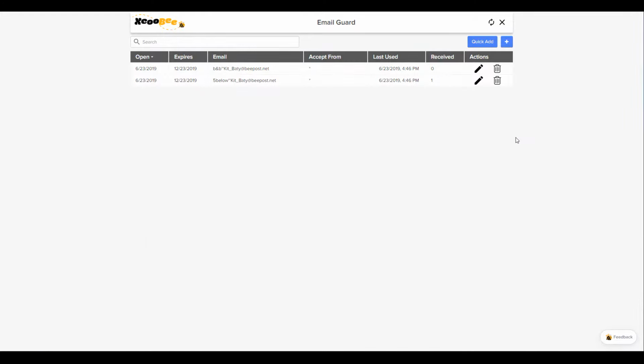Once there, if you're new to this feature, this page will be empty. I have already created a couple of these alternate emails. In my area, there are retail shops which, before you can complete your purchase, insist on getting your email address so they can no doubt hammer you with spam. Using these email addresses would be a perfect way to give them an email, but just not your real email